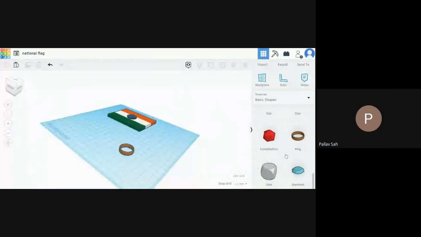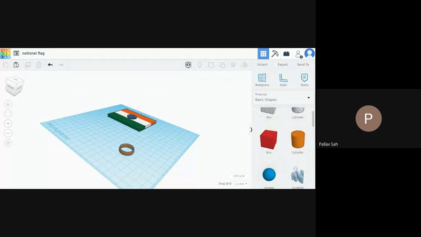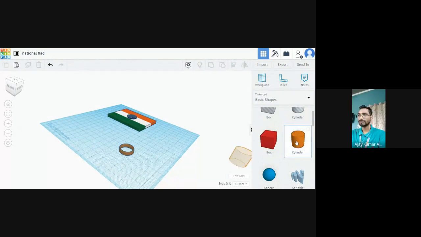So 19.5 is good, because usually when we are doing 3D printing, we'll keep that much margin. We'll not make it an exact fit. We'll keep some margin for the pointer to move. All right. So the next thing is you have to take a cylinder from here.